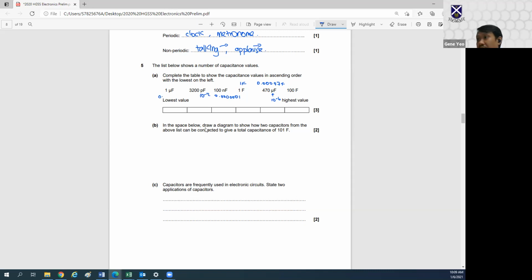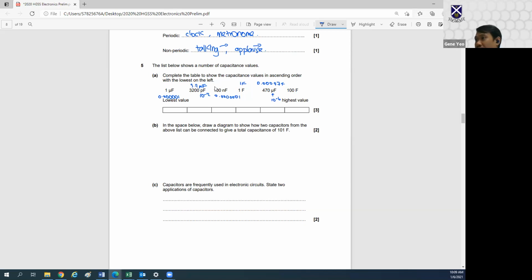All right. Okay. So 1, 2, 3. So this is 3.2 nanofarad. Okay, so this one is already smaller than this one. So we'll have a comparison. Okay. So now